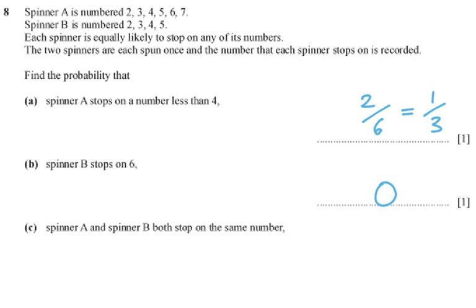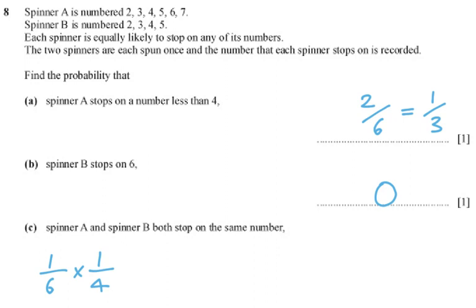Okay, then part C, spinner A and spinner B both stop on the same number. But there's quite a few probabilities here then. So it's going to stop on 2 and 2. So they both stop on 2. The probability spinner A stops on 2 is 1 over 6. And the probability that B stops on 2 is 1 over 4. So the probability of both of those things happening, A and B, remember and is multiply, is 1/6 times